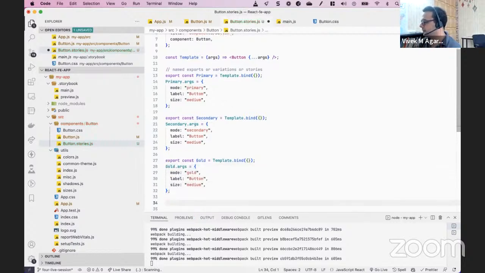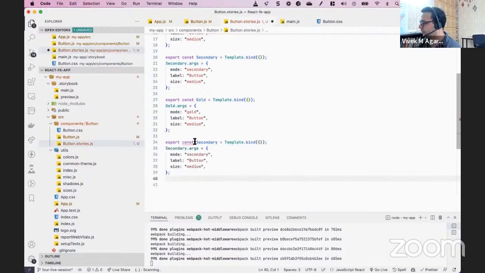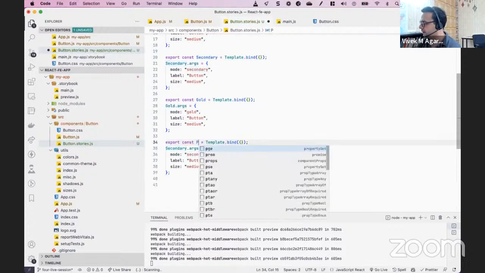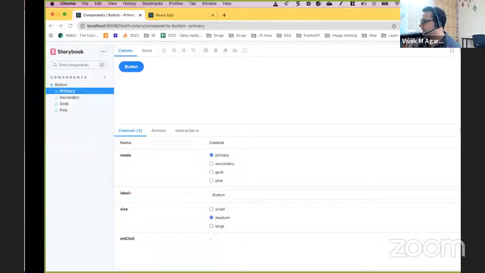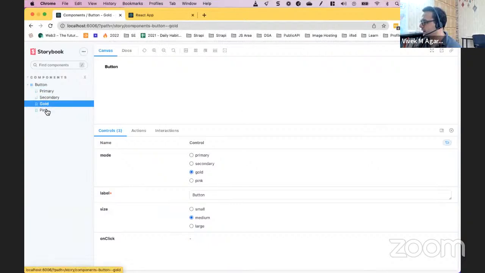फिर हम इसमें पिंक, हमने एक वेरिएशन बनाया था, आपको याद हो अगर तो, हम एक पिंक वेरिएशन बना सकते हैं। और इस पिंक को हम आर्ग्यूमेंट्स दे सकते हैं, जिसमें मोड इसका रहेगा पिंक। और अब अगर हम देखेंगे तो हमें ये चारों वैरायटी यहाँ पे दिख रहे हैं। तो अगर हम सीधा डॉक्स